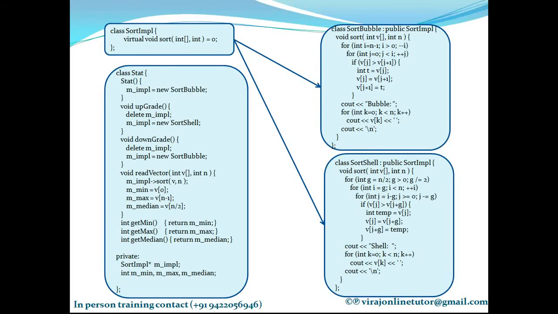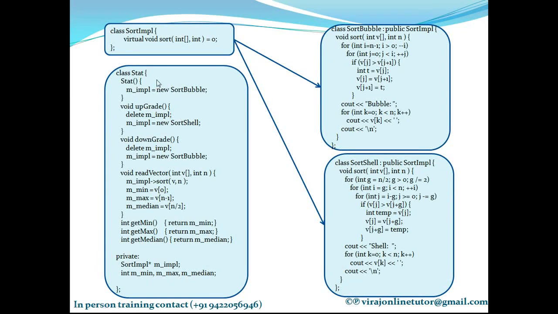So I've explained two components now. First component is the base sorting class, which belongs to the strategy component. Next, I have two sorting classes, one is bubble sort, second is shell sort, which belong to concrete strategy classes. And the last component is the context component. What is a context component? It connects strategy to the main application flow.